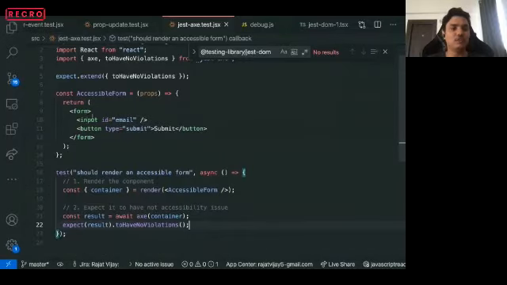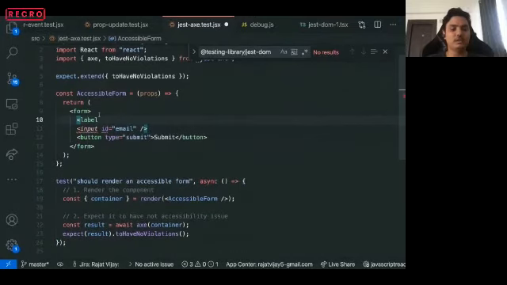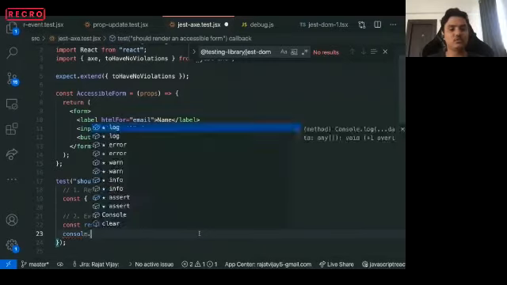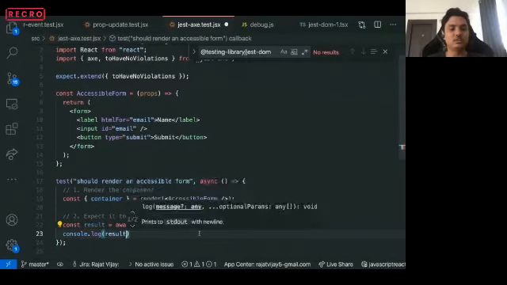But if we add a label here, let's add a label with htmlFor, and we write the ID of this input element. And let's just log the result.violations again.